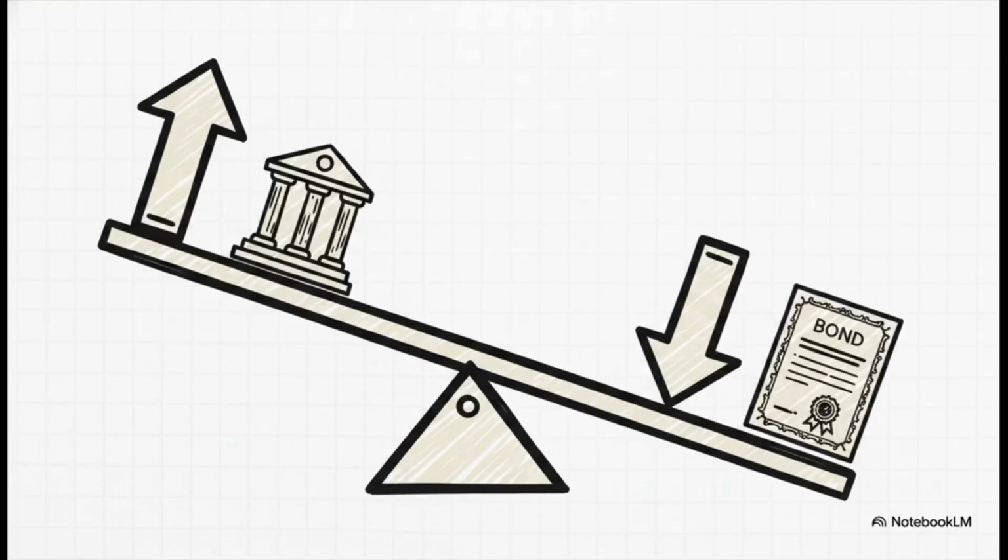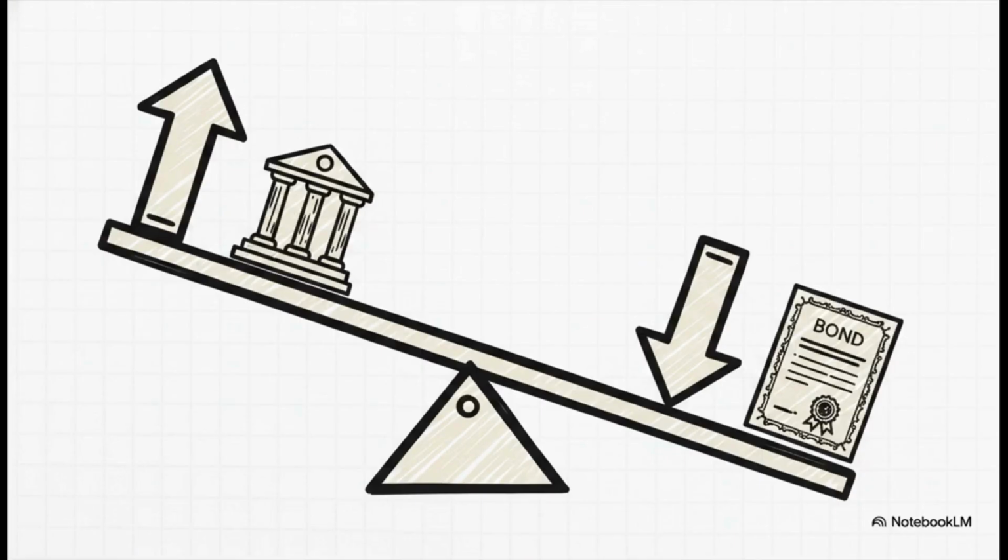So the main driver behind that daily price fluctuation is what we call interest rate risk. Bond prices generally move in the exact opposite direction to interest rates. It's literally like a seesaw. Imagine you're holding a bond paying a 7% coupon. If market interest rates suddenly shoot up and brand new bonds are being issued paying 8%, well, your older 7% bond instantly becomes a lot less attractive to buyers, right? Because of this, its market price will drop to compensate for that lower yield.